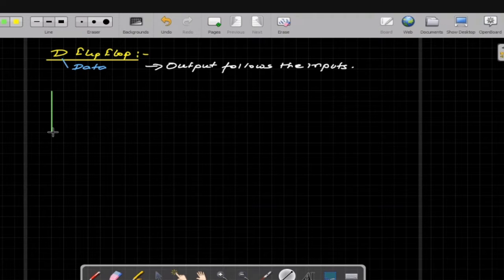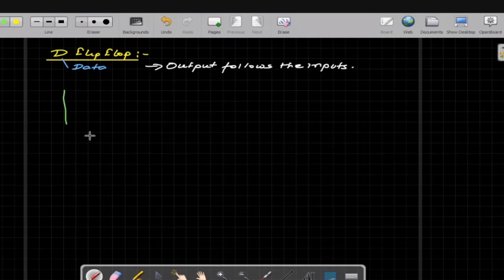Hello. Sir, you are saying the output follows the input exactly? Yes. Then how does this come under sequential circuits? If it only depends on the input, it would be a combination circuit, no? No, it exactly follows the input, but there is a feedback path, and there is a storing feature. Are you getting my point or not? Of course, the output exactly follows the input, but at the same time, the output is stored in the system itself. But in a combinational circuit, this kind of facility is not there. Yes sir, it is clear.